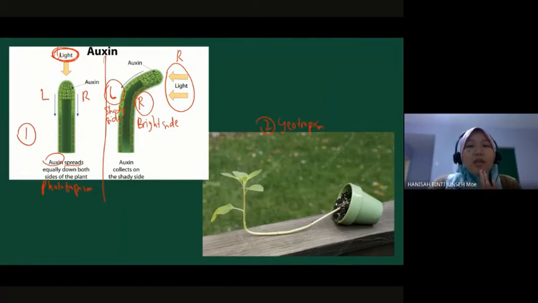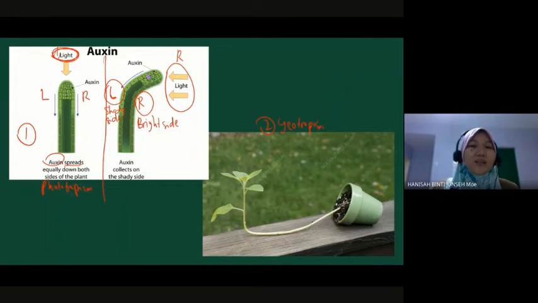Okay, the interesting facts about this auxin. Auxin loves shady area. Auxin loves the shady side. So meaning that when there is an imbalance, not an equal source of light, according to this picture, the right side is the bright side because it's facing towards the light, but the left side is the shady side because there's no light. So auxin will go to the left side or